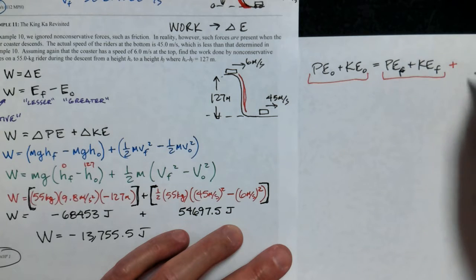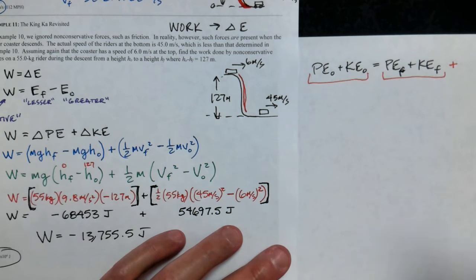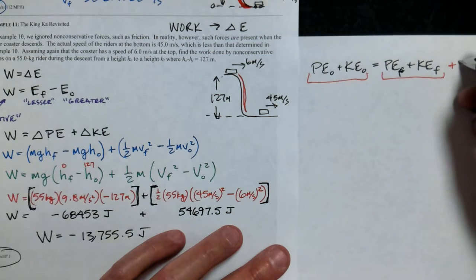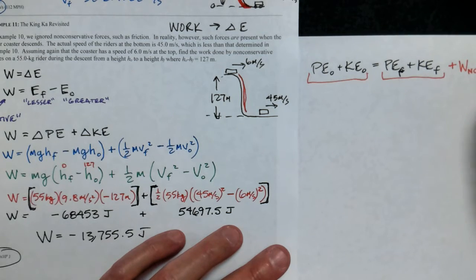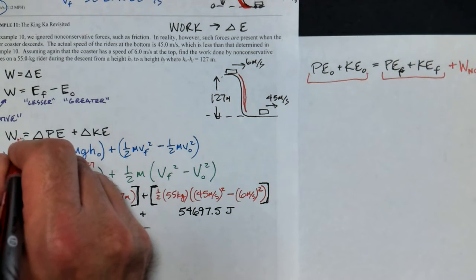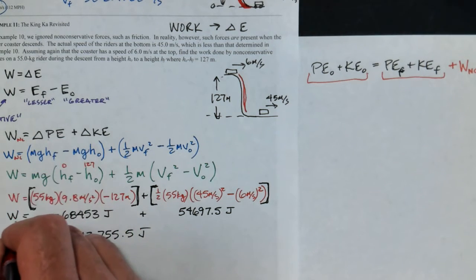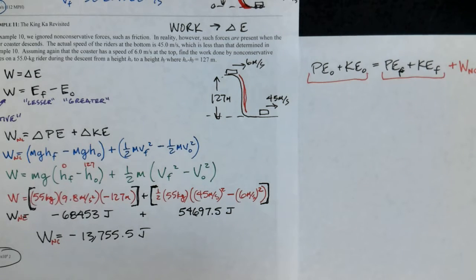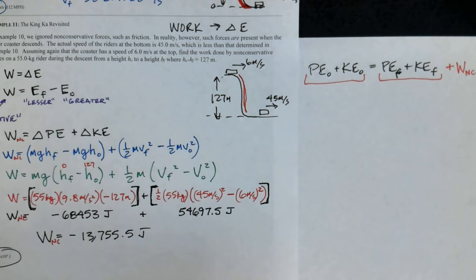And so I'm going to say that lost energy we can call the non-conservative work. Okay, the work non-conservative, which is what all these works are anyway, right? Why do we call it non-conservative? Because it doesn't jive with the conservation of energy. Now, what does this mean? Well, let's just do a little